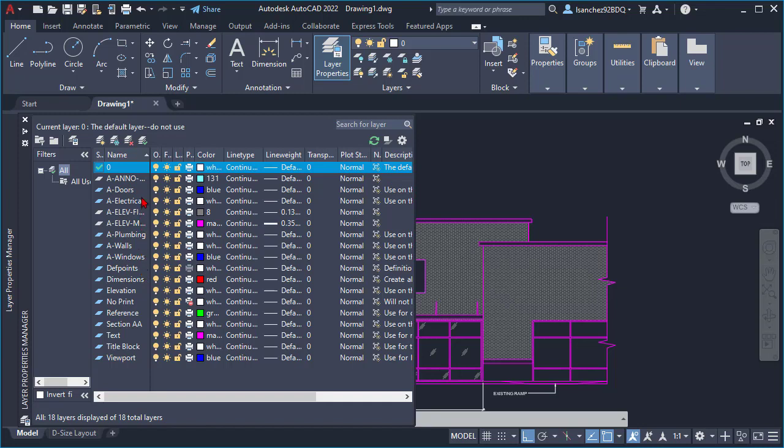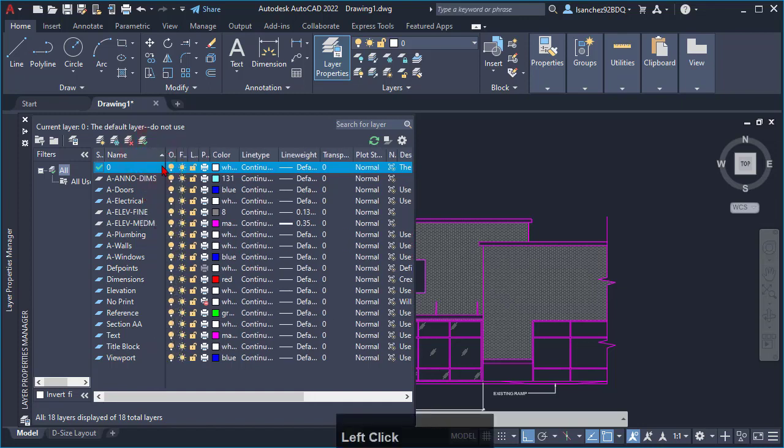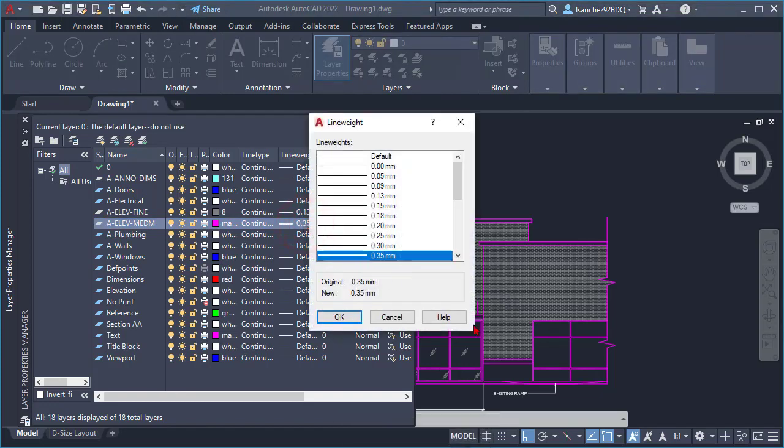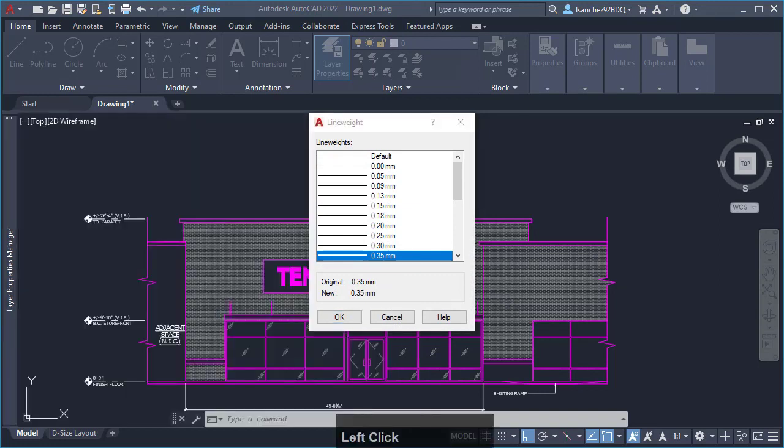So we were talking about the line weights, how we're gonna control if it's gonna print light, dark, or medium. So let me expand this over here, and let's for instance select the A elevation medium. If we go here, we can see that the line weight option, if I click here, is 0.35. Now, how did I pick this number for the line weight, right? Well, this is based on the CAD